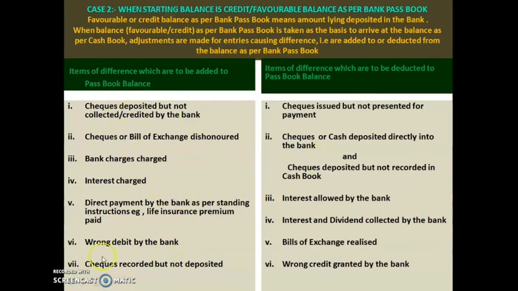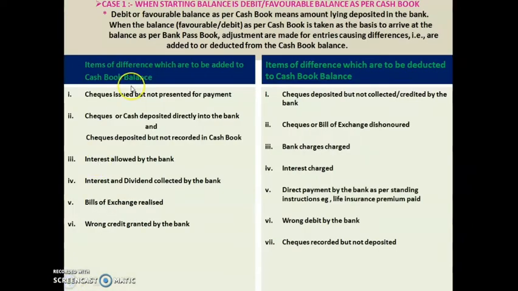So if you are studying these items in the cash book, then automatically the same you have to do with the passbook. The opposite side you will show these items. And when you are studying the 7 items of deduction in cash book, that same item you have to remember while posting the items in your passbook.